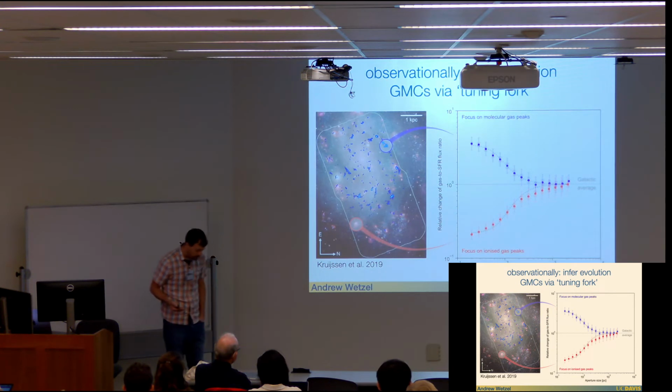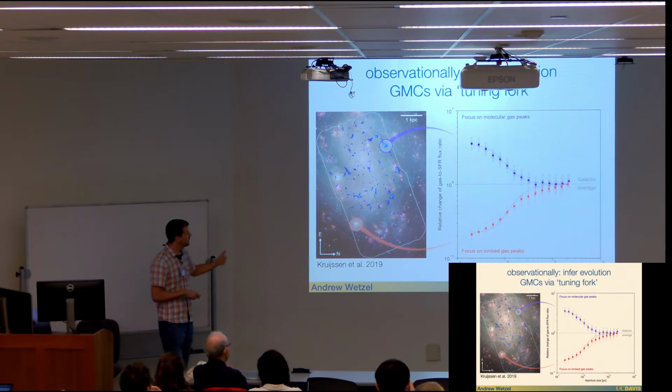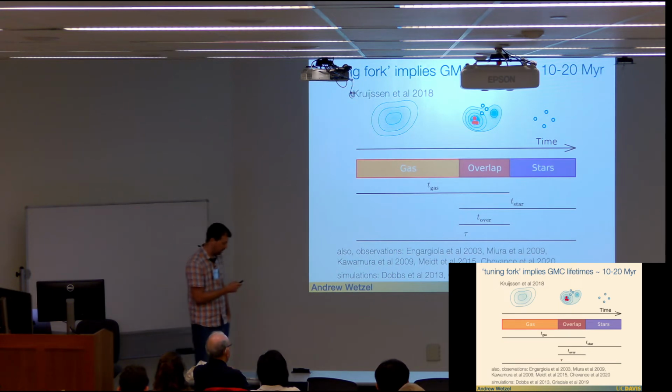And we can compare these with observational inferences of cloud lifetimes from surveys like PHANGS. For example, Dietrich Huyssen has done some nice work in this area. The idea is you can make these tuning fork-like diagrams where you center your regions on either dense molecular gas peaks or on star-forming peaks, and you start to see that on sufficiently small scales they become dissociated. You can use this to model a time series where you have a gas cloud collapsing. There's some overlap region during star formation before the feedback from the stars dissociates the cloud, right?